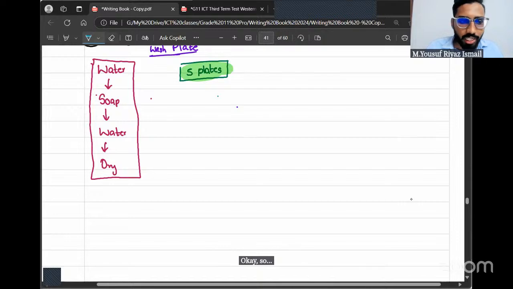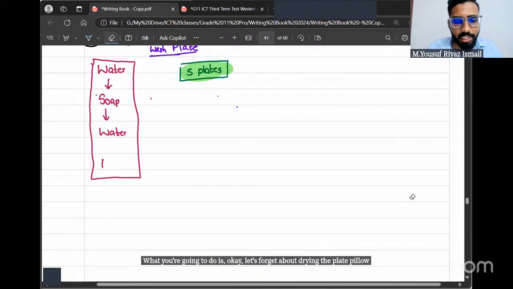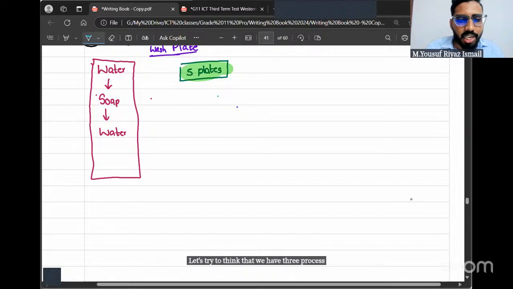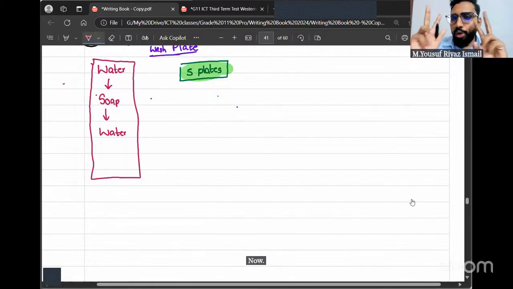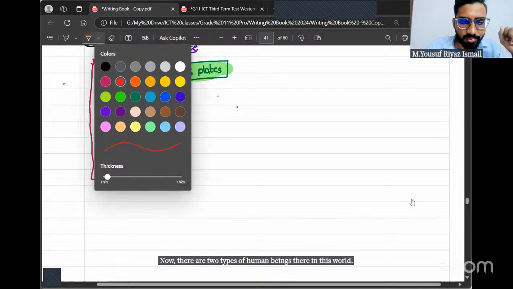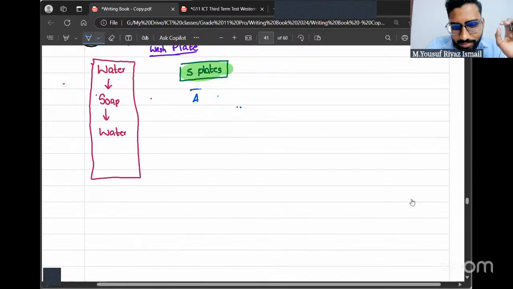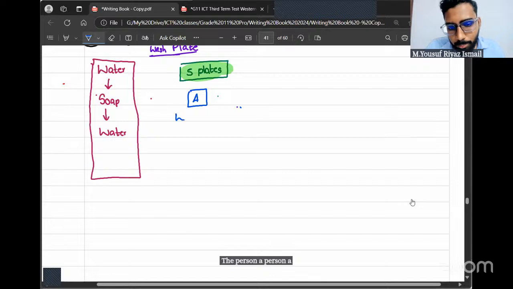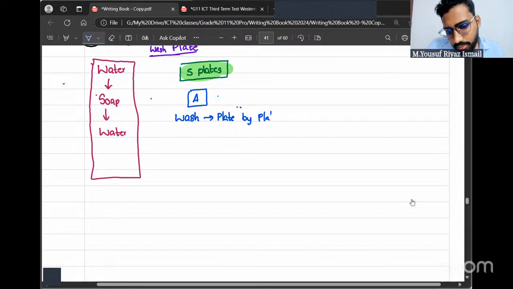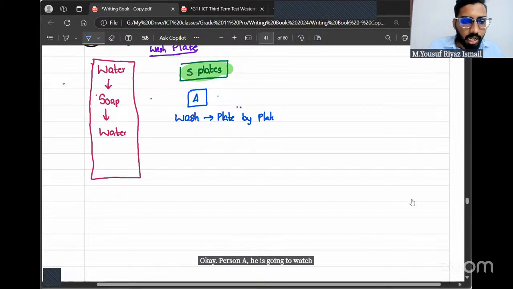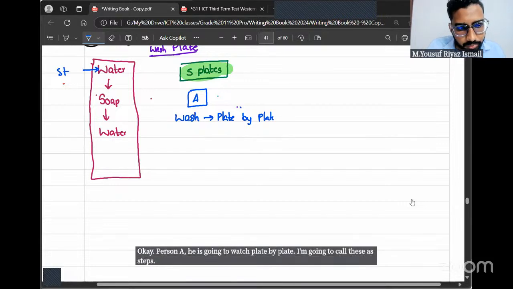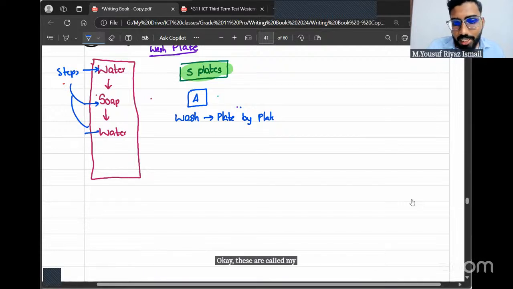What you're going to do is, okay, let's forget about drying the plate. Let's think that we have 3 processes. Simple, no? Now, there are 2 types of human beings in this world. Person A will wash plate by plate. Okay, person A, he is going to wash plate by plate. I'm going to call these steps. Okay, these are my steps. Then person B,